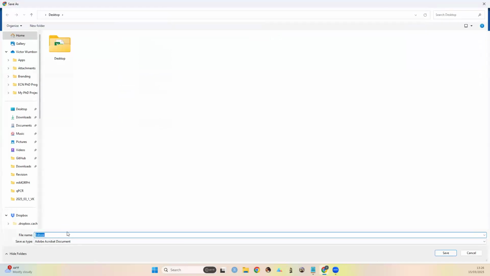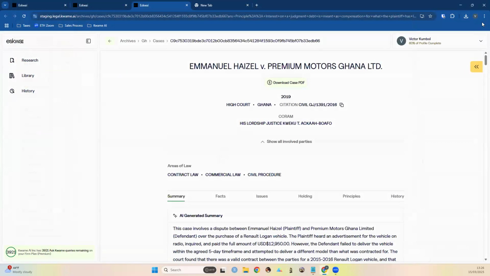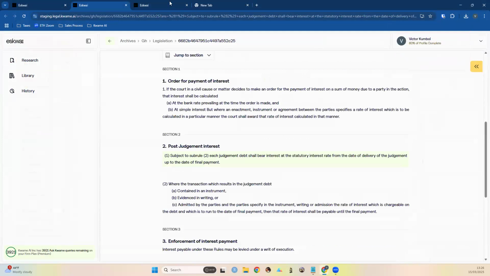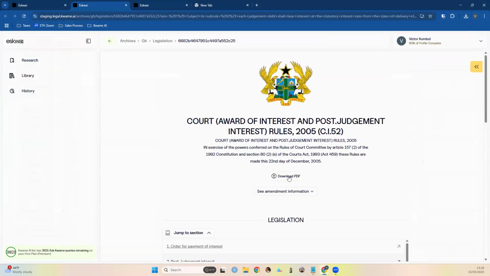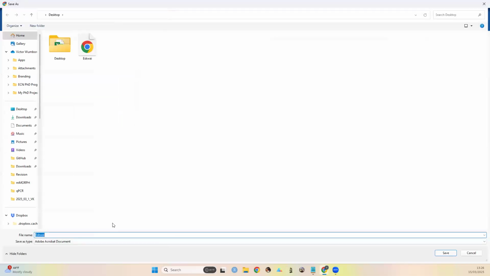So yeah, you can download cases and legislation from Eskwai now. So that's a case. You can also download the PDF of legislation. So this is also available for you to download. And so this was the first one, which was the case. Let me save this as legislation.